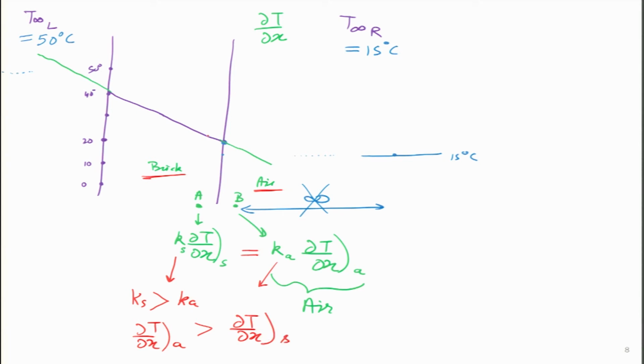So, this green line cannot continue like this, it has to start at a larger slope, sorry. So, which has the larger slope, this one or that one? Yes, this one has the larger slope, so we will draw it like this. Now, we will take this larger slope and connect it with this blue line over here. So, from T infinity the temperature is coming like this. In convection it goes very rapidly like this.